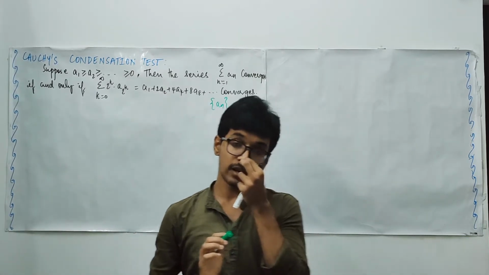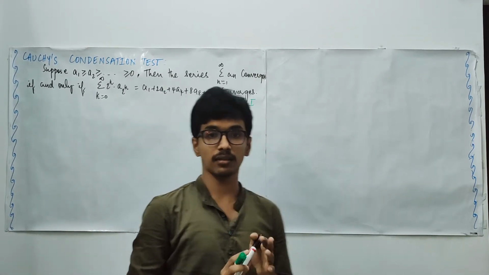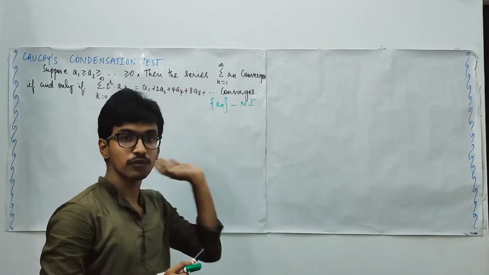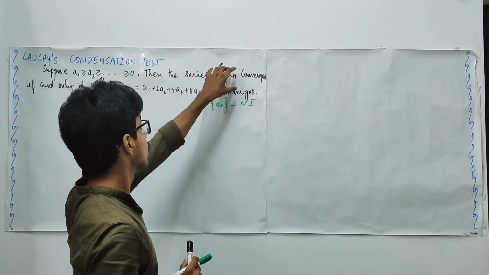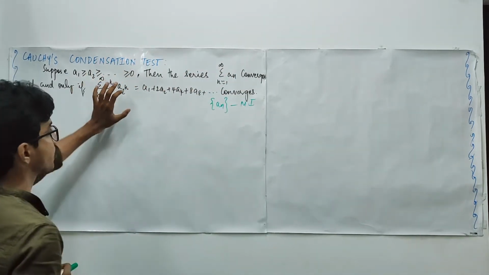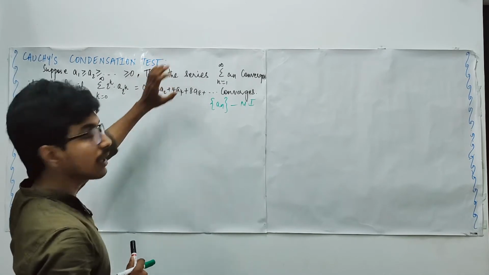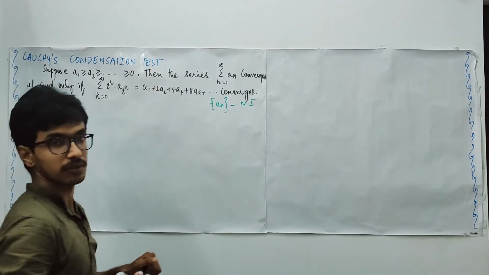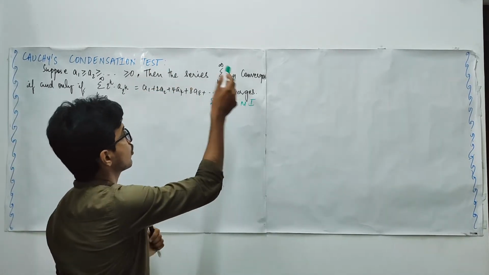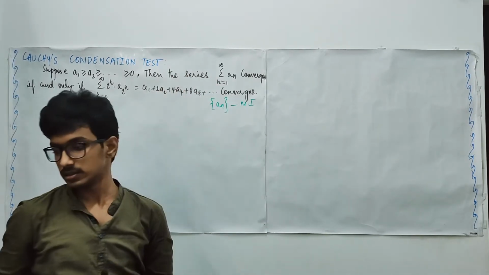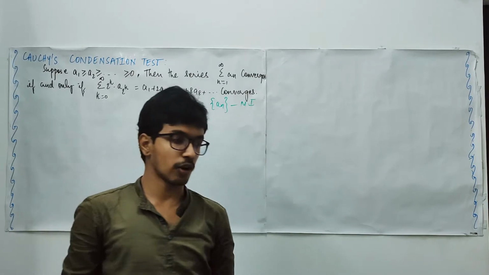With the help of a non-negative monotonic sequence, we are forming a series, and we will have to prove the convergence of this series whenever another series of this form converges. It is an if and only if case, which means this converges only if that converges, and that converges only if this converges. This is what we are going to prove.